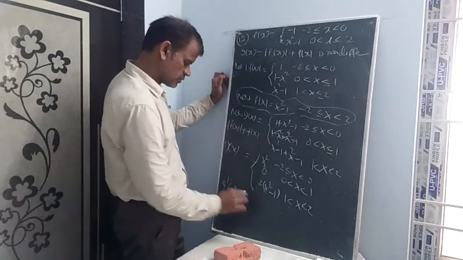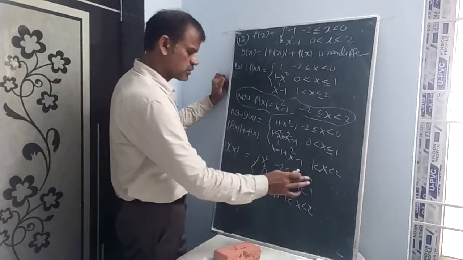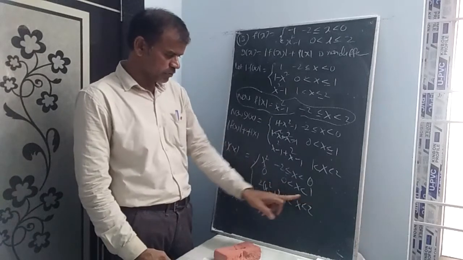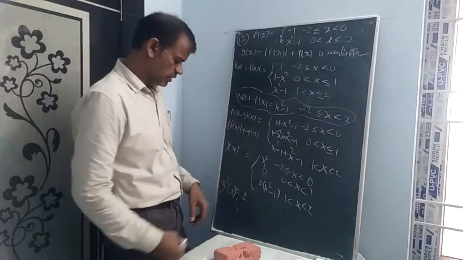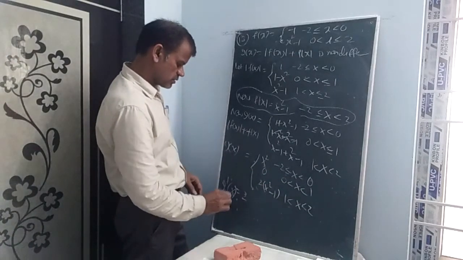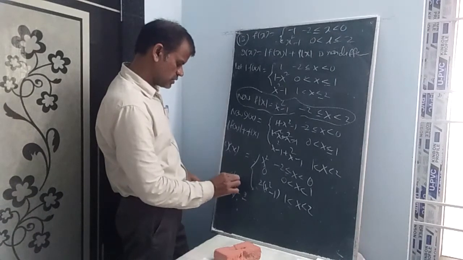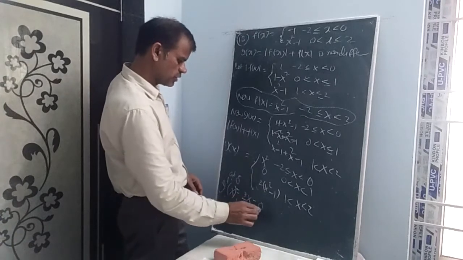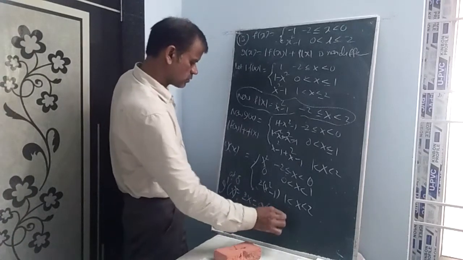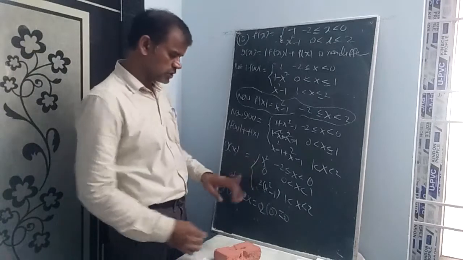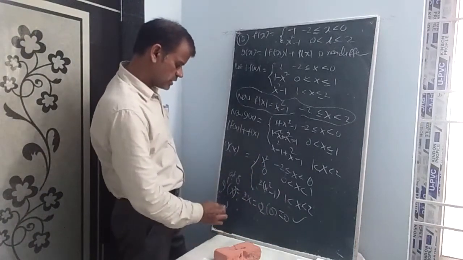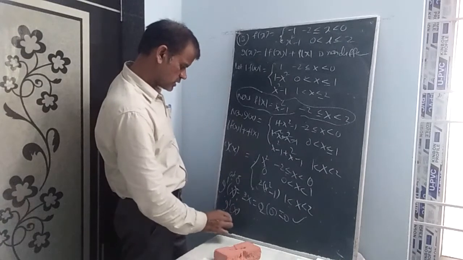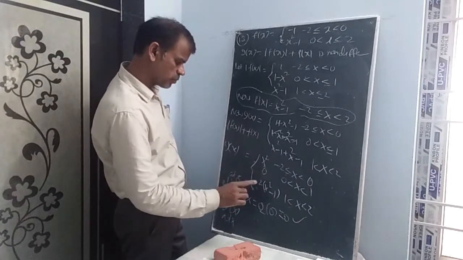g dash of x is equal to, I am writing 0 minus as the left neighborhood, 0 plus as the right neighborhood, 1 minus and 1 plus. For 0 minus, g dash of x is 2x, so the derivative is 2 into 0, that is equal to 0. Of course this is 0. It's okay. Next, g dash of x at x equal to 0 plus is also completed.